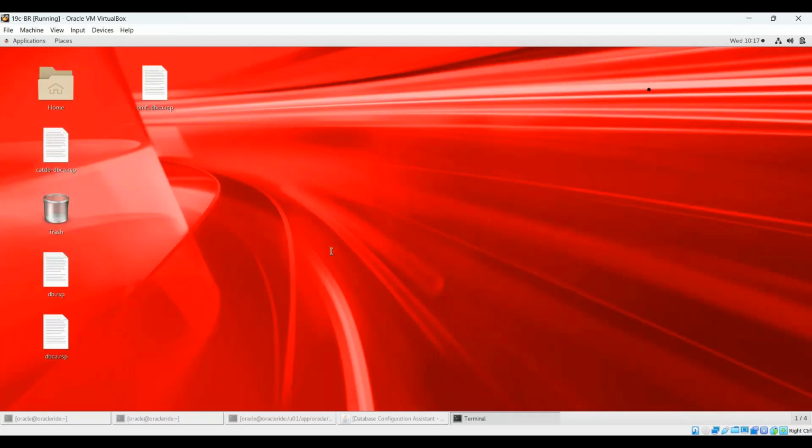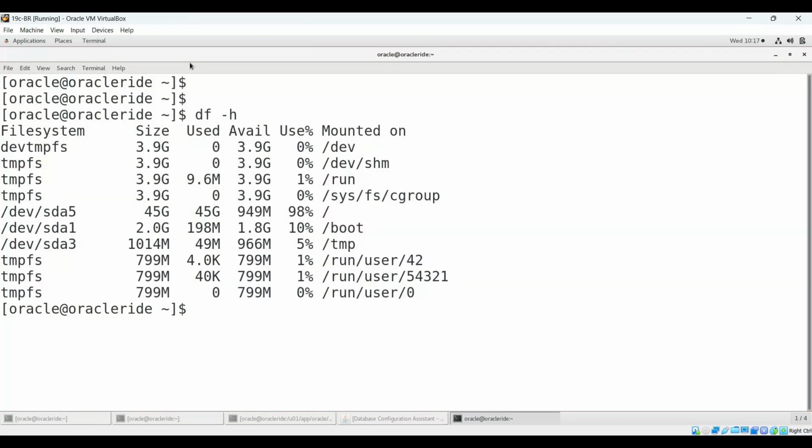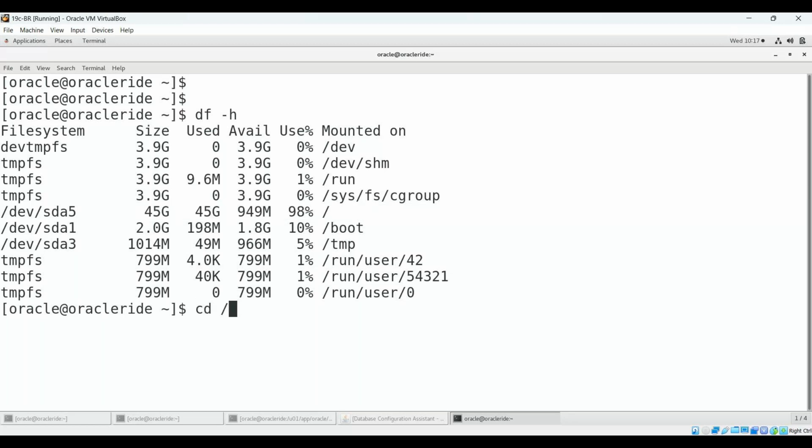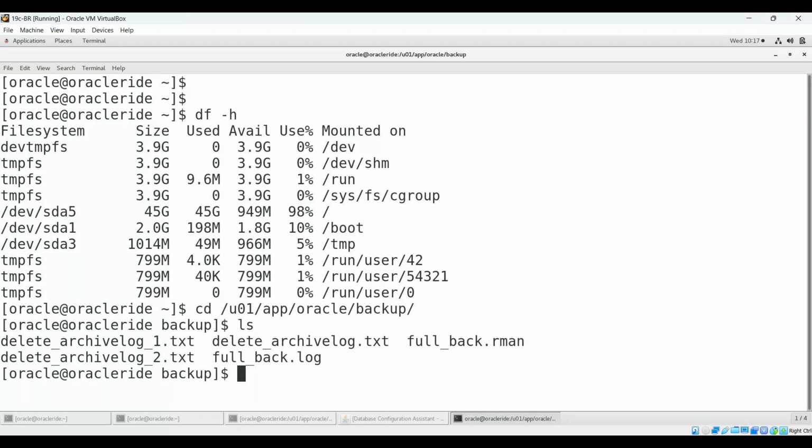So for space checking we have df -h. So see that my root is 98% full, that's why it is telling that. So let me show you where I can remove. Yeah, these are my backups, logs. Okay,